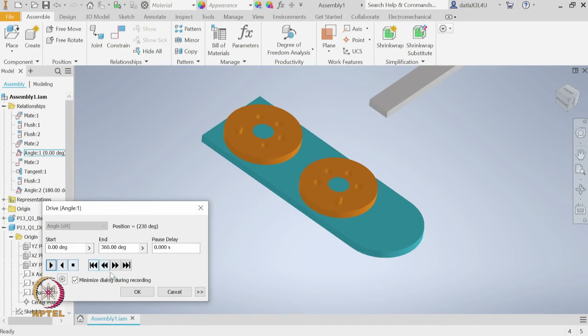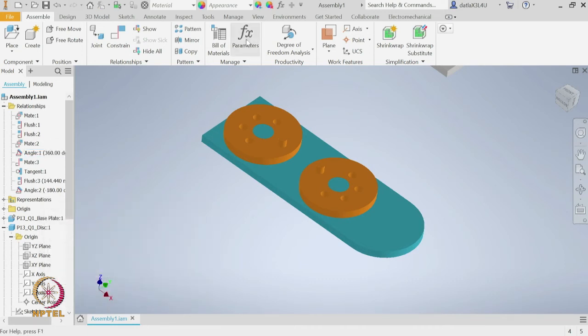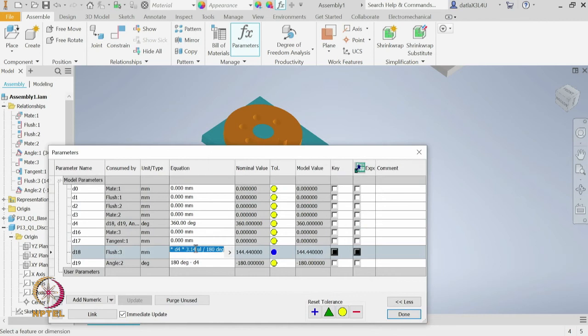So, we see this is not what we require, because the bar is going in the opposite direction. So, instead what we will do is go back to the parameter and say this should go in the negative direction. So, we will mark this as negative, and now let us see how it works.